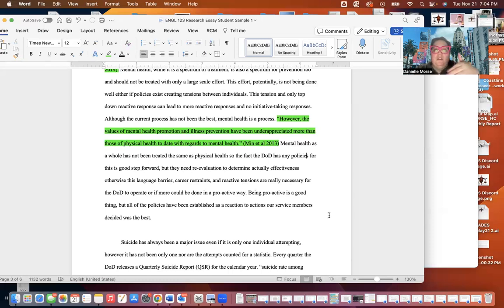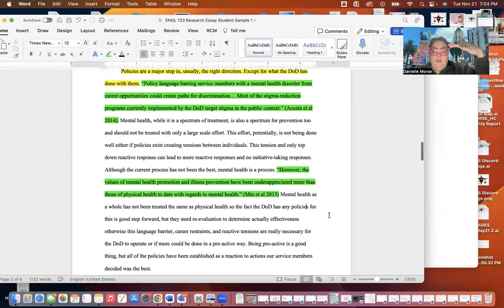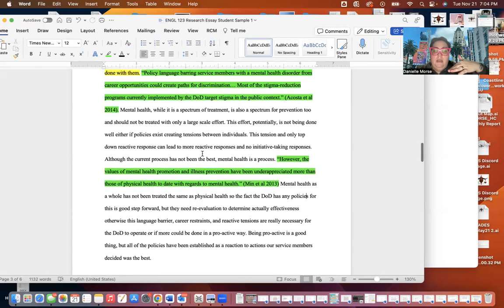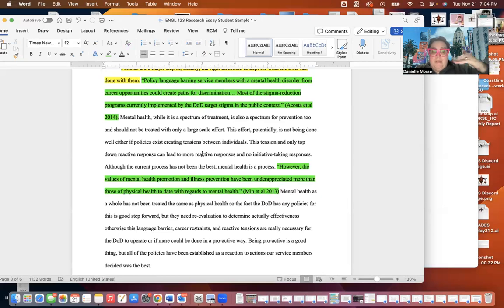But if you're going to talk about, which they brought up career and opportunities and discrimination earlier, we would need specific stats and data on career restraints, like how, because mental health policies, these specific ones, don't do X, Y, and Z,